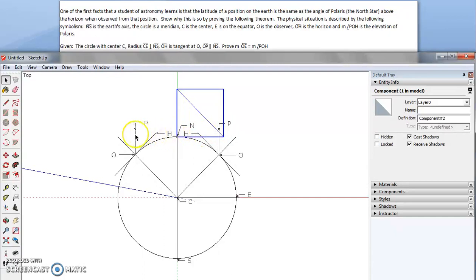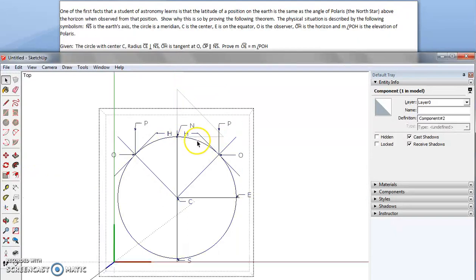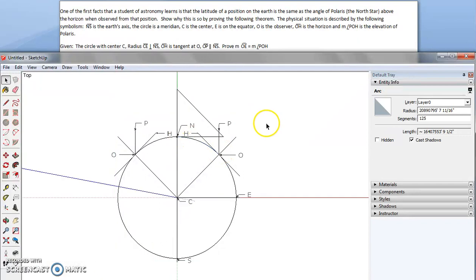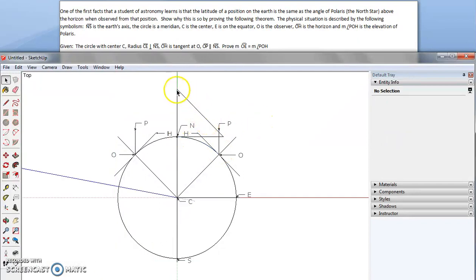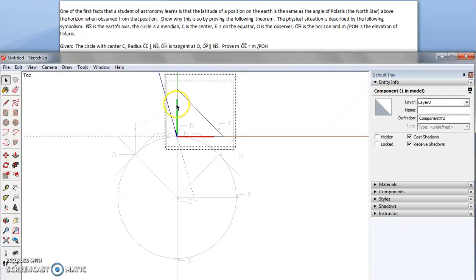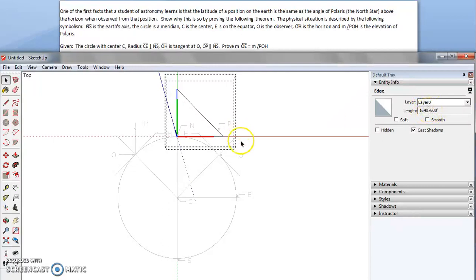The same 45 would be over here. And this distance, which is the same as this distance, means Polaris is the same 16,407,600 feet above the North Pole,